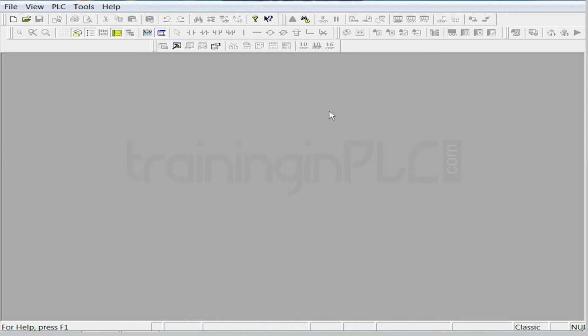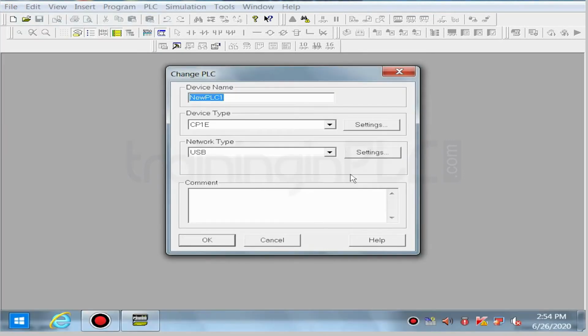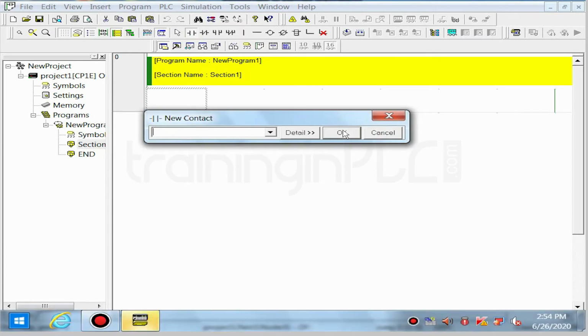Now let's see how to create a program in CX Programmer and load it to the CP1E controller. Go to File, New. Here give the device name anything. I'll give it as project 1. Then in the device type, select the CP1E model. Then the network type: to load the program from PC to PLC, we are using a USB type cable. Then click OK. So in the page now, take an open contact and give the input address as 0.00